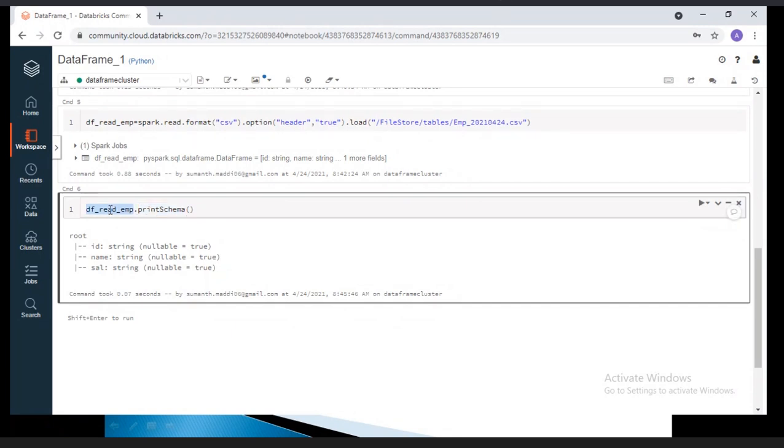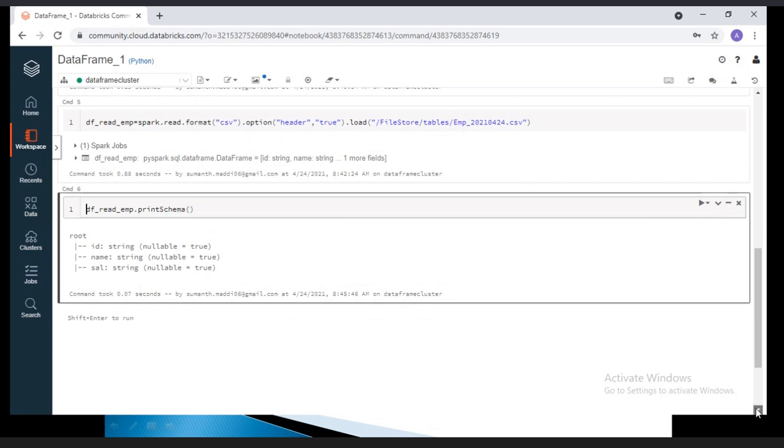If you want to see the schema definition of your data frame, whether your schema has the proper column information or not, see nullable equal to true means you can allow null values. Null constant means you can allow null values in these columns from your CSV files.